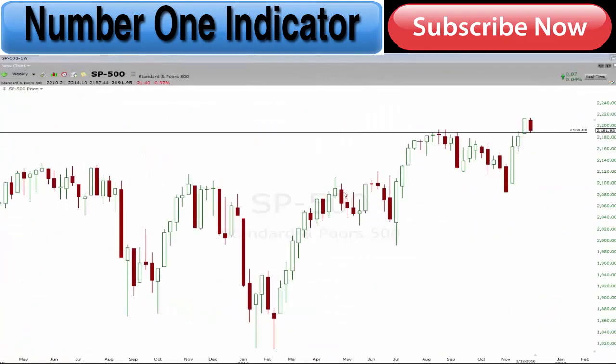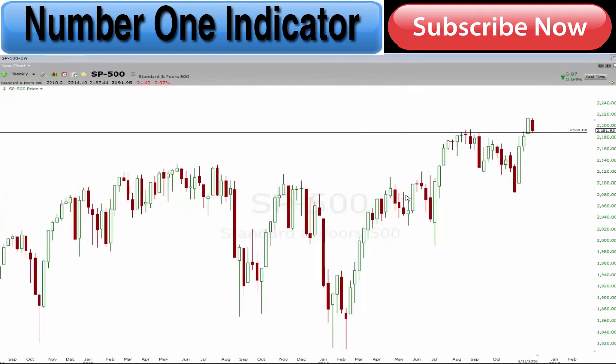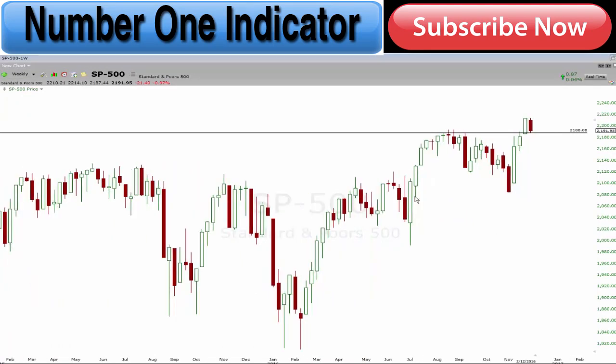Looking at the S&P 500, it's really interesting. You can see that the S&P 500 is almost making a very similar pattern. It ran up, made this peak here, had this little breakout, and look what happened straight afterwards. We actually had a down close, closing right on this high here. If this week is a down close like the Nasdaq, and we actually close down here, then to me,